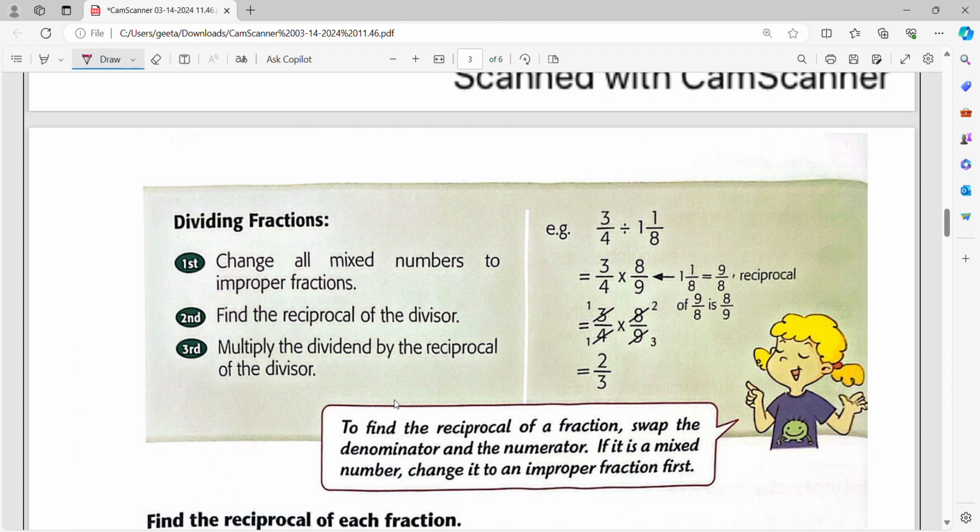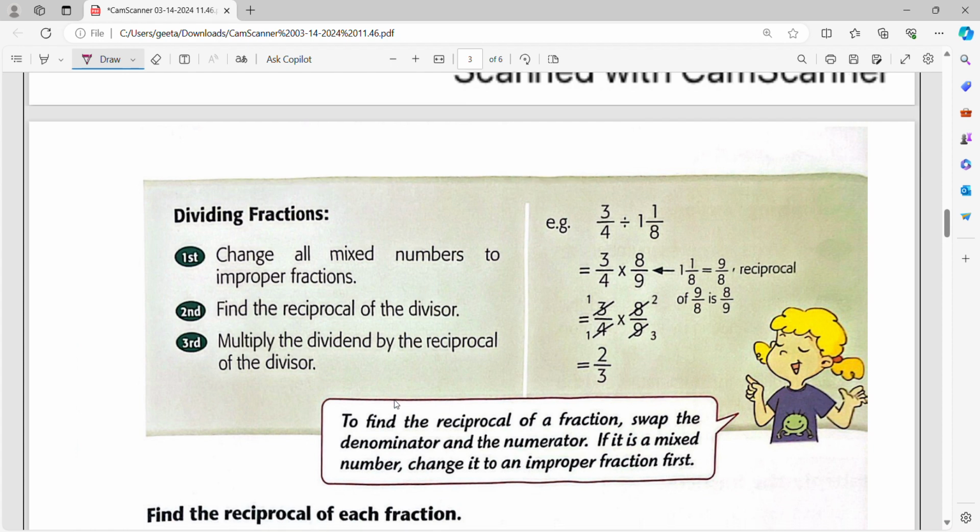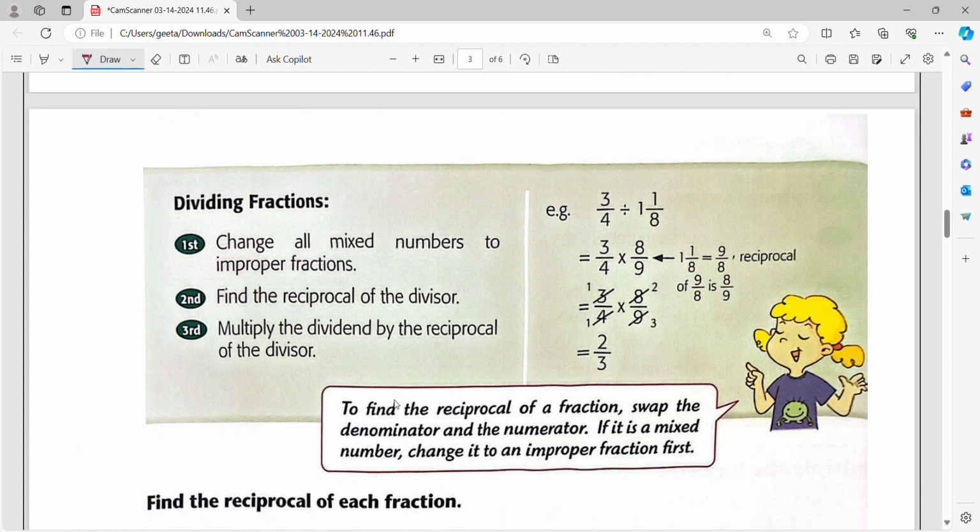Okay, so we have to solve this now. This is based on dividing fractions. Again, I'll say you have to convert all mixed numbers into improper fractions. Then, first of all, I would like to solve this with the help of one example which is there on your right hand side. It's 3 by 4